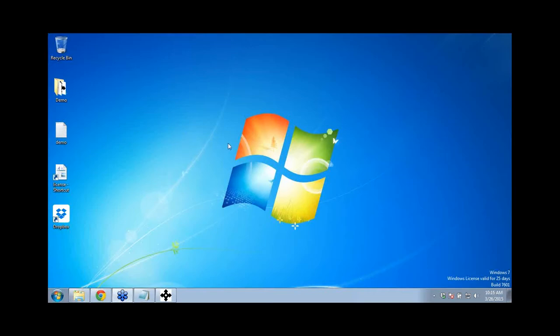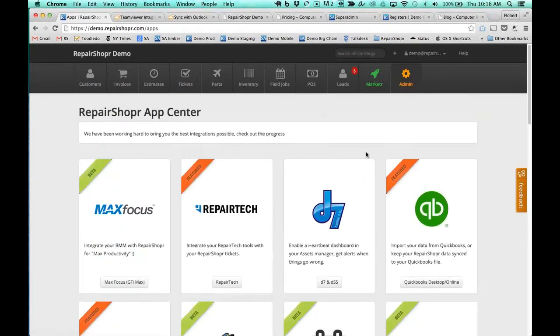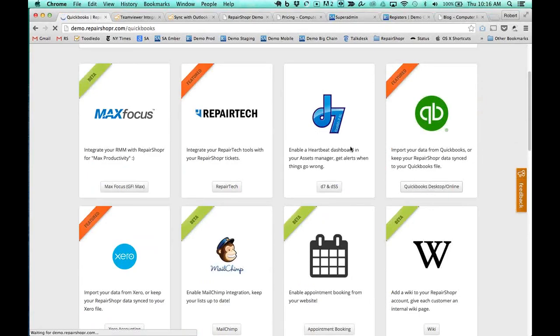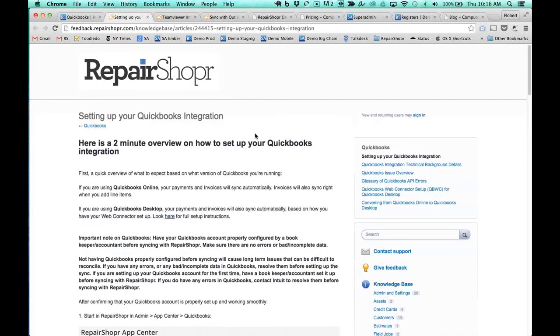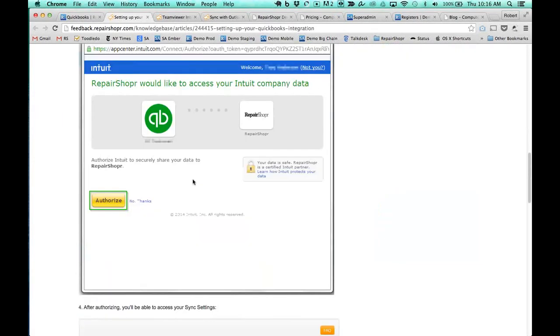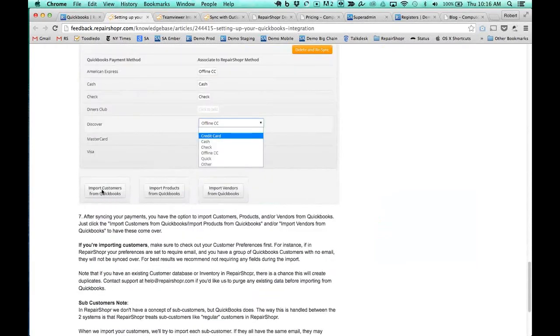Ubaldo, I hope I'm not butchering that name, asks, can we transfer current customers from QuickBooks? This is for RepairShopr? Yeah. I don't know if I'm going to be able to get to QuickBooks on this account, but you definitely can. I'm not hooked up at the moment. But when you connect to QuickBooks, you'll enter your credentials, and then it's going to allow you to pull in all of your existing